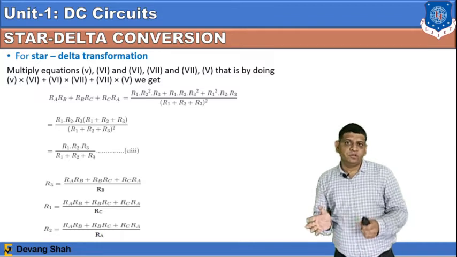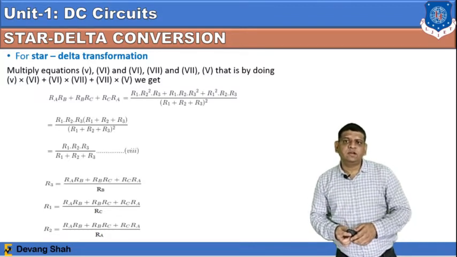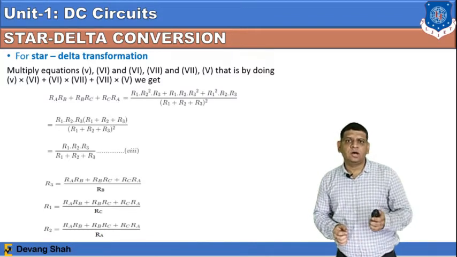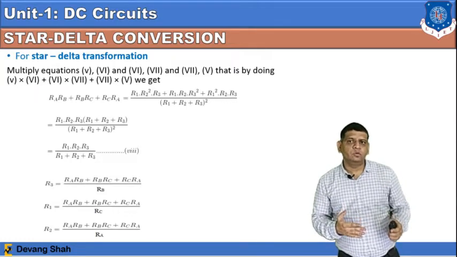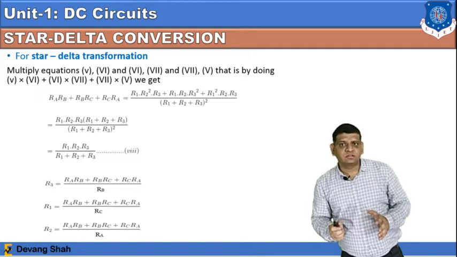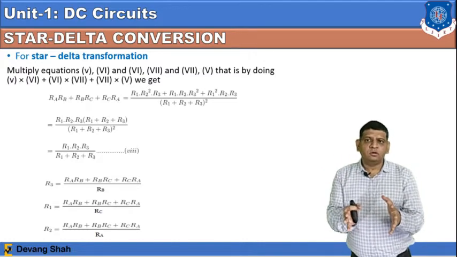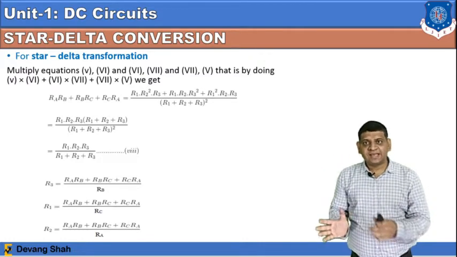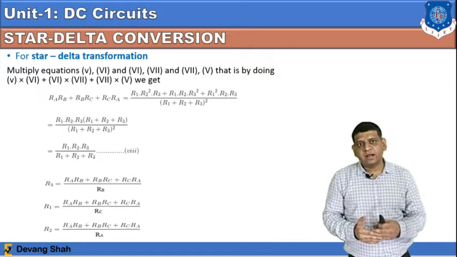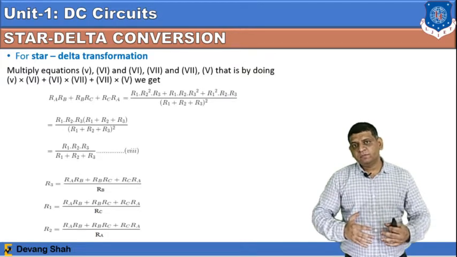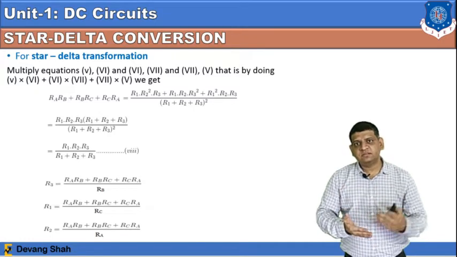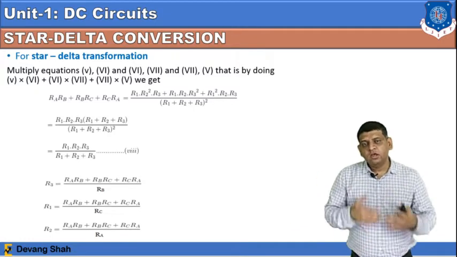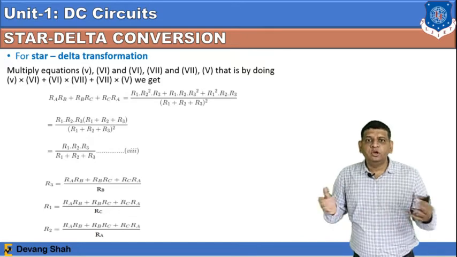In that term, on the right-hand side you will find R1 into R2 into R3, divided by R1 plus R2 plus R3. Now you can see from this particular equation 8, you can extract the individual equations of RA, RB and RC. Once you look at equations number 5, 6 and 7 from equation number 8, you would be able to find the individual equations